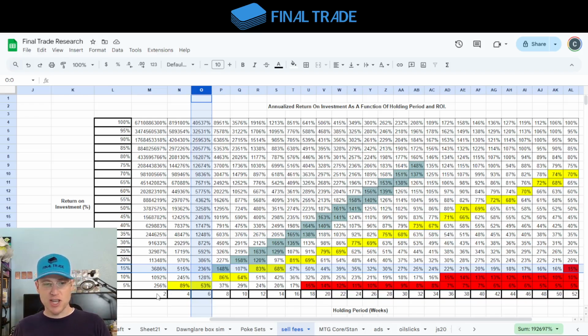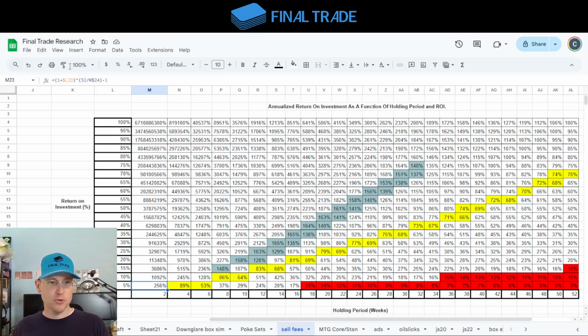And of course, you can change these numbers here. Here's the formula if you want to understand how this table works, and that's just copied into all the cells. You could set these holding periods. You could just change the numbers to every week. You could change it to, you know, 4, 8, 12, 16 for months. And likewise with the percentages, I set this table up fairly coarse in the numbers